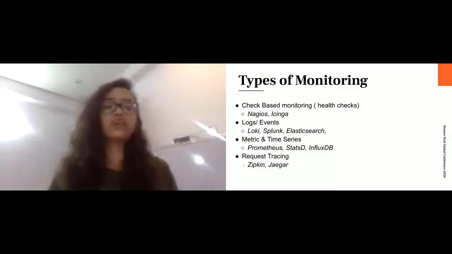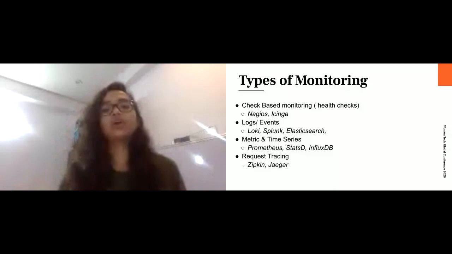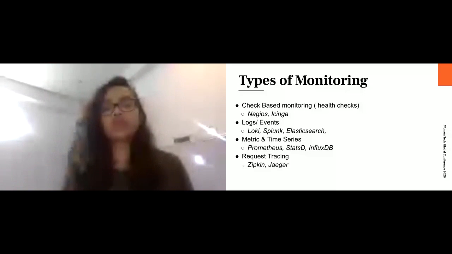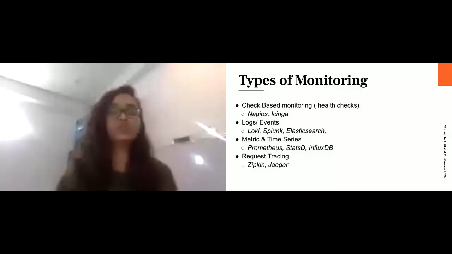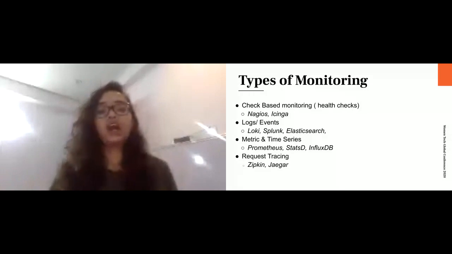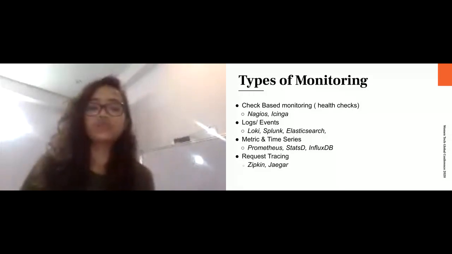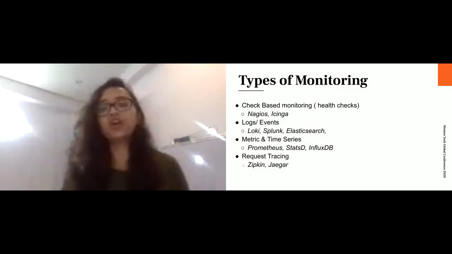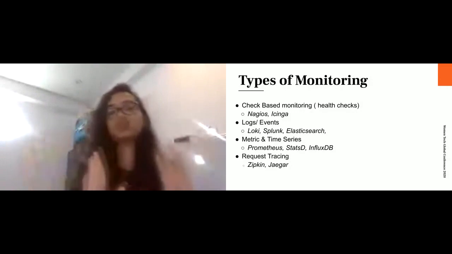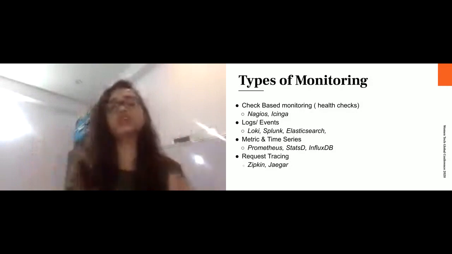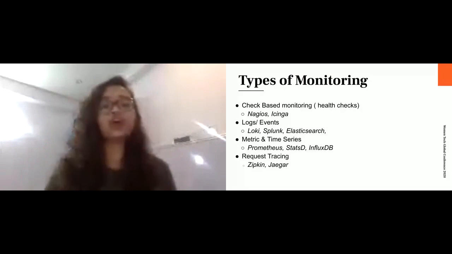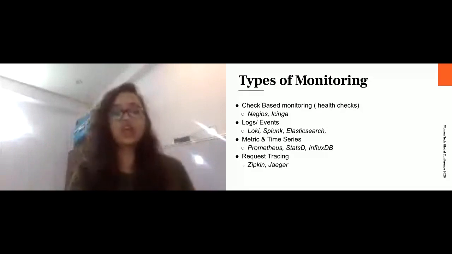But then it's the simplest way, right? But then it has its own cons. It has its own pros. Now the bad thing about this is it's always going to break down in a complex dynamic environment, and it focuses on black box monitoring. What is black box monitoring? It basically focuses on whether things are running or not, but it is not going to give you the detail inside about what was broken. It's like a black box. You just know that something is going to break or something is broken, but you don't know what caused it. So this is check-based monitoring, and we have examples which I mentioned in the slides.